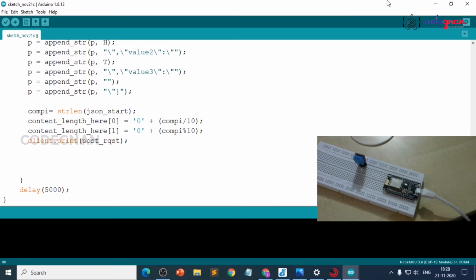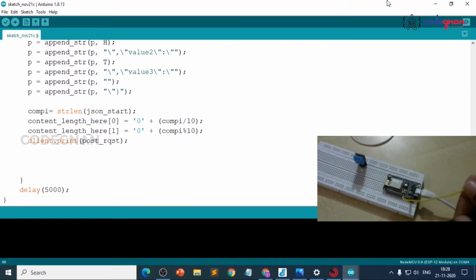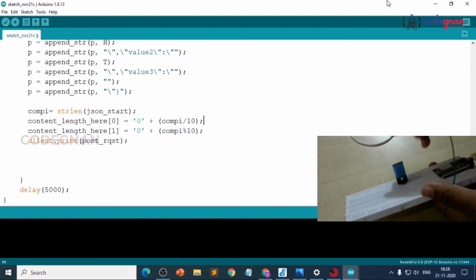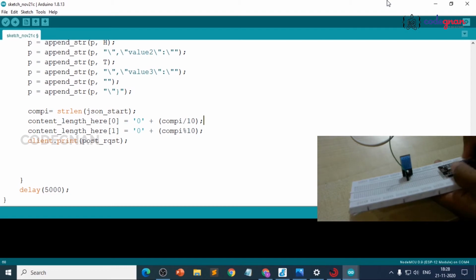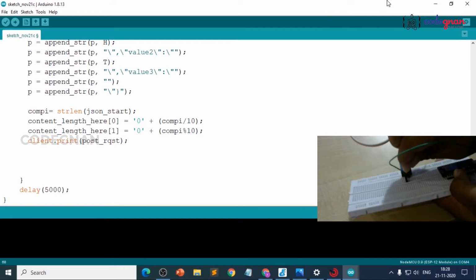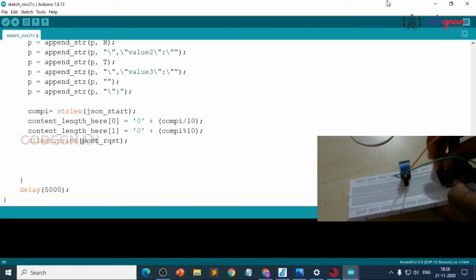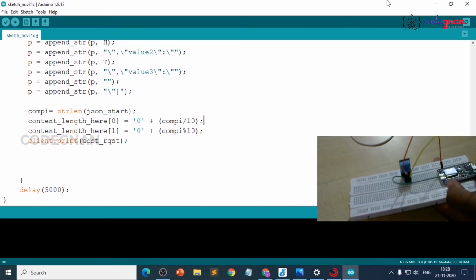VCC is connected to VIN of NodeMCU, and the data pin is connected to D1 of NodeMCU, and the ground pin is connected to ground of NodeMCU.